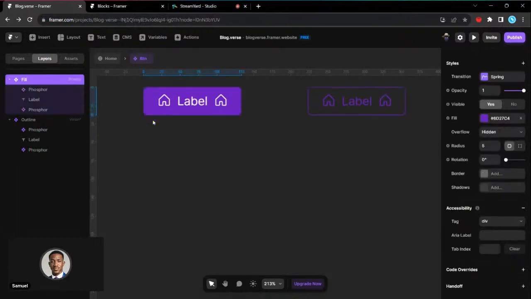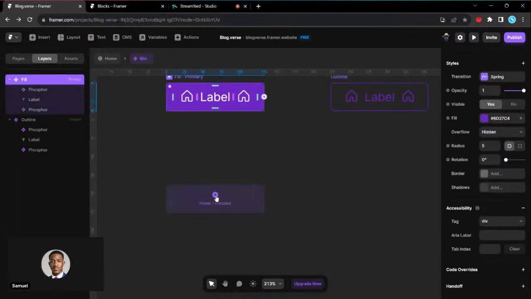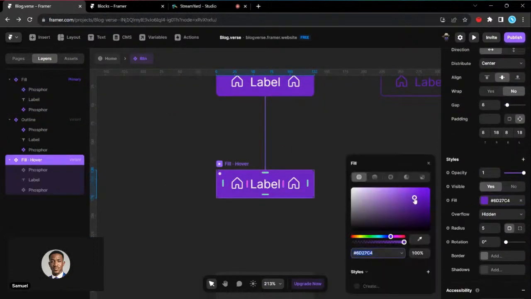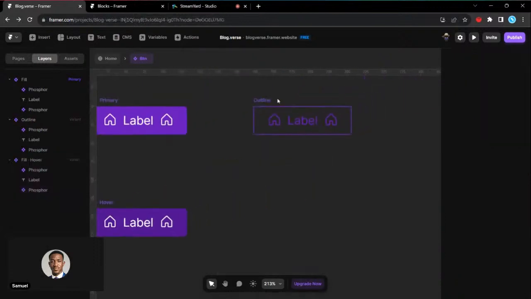So what happens when the user hovers over a fill icon? So we select, then we click on hover. So for hover, we want it to be a bit darker. So let's just darken this a bit. Okay. Then for outline,